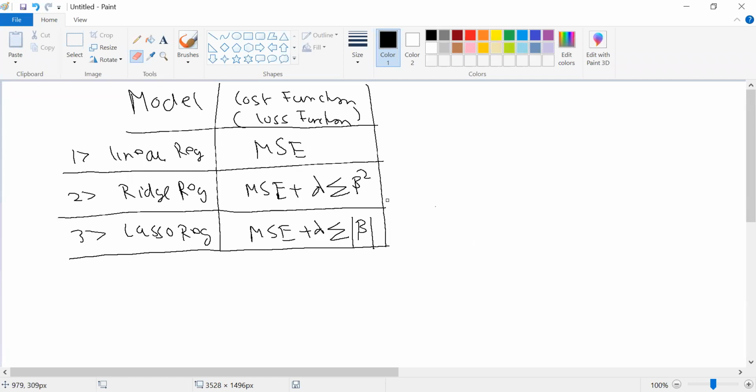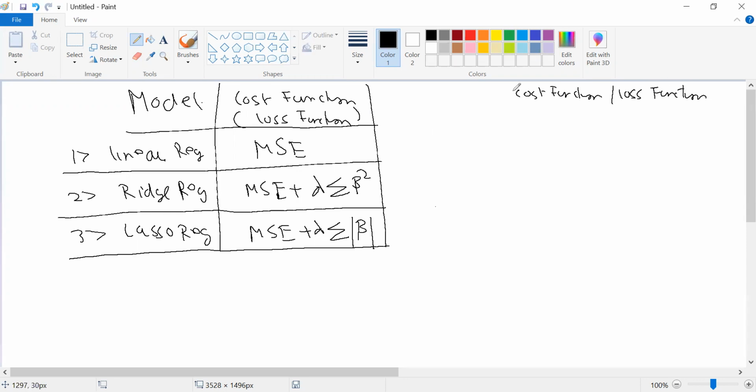ठीक है. Now, since I have used the word cost function and loss function, let me talk a little bit about cost function and loss function. You will understand it much more when we do a neural network. Okay, you will understand it much better because the entire neural network will work on your cost and loss function only. So basically, cost function is also known as your loss function. So whether you say cost or loss, it is one and the same.